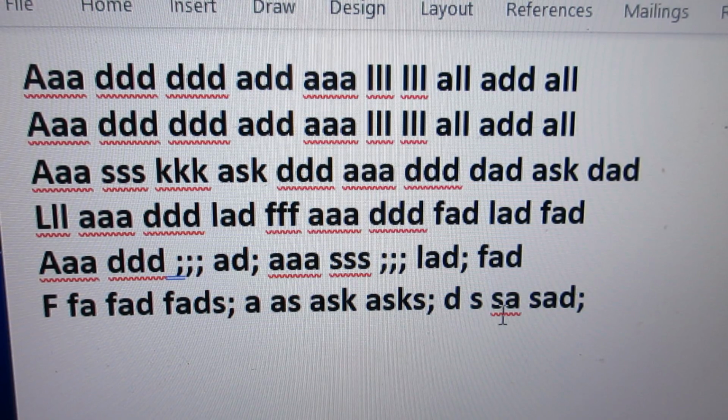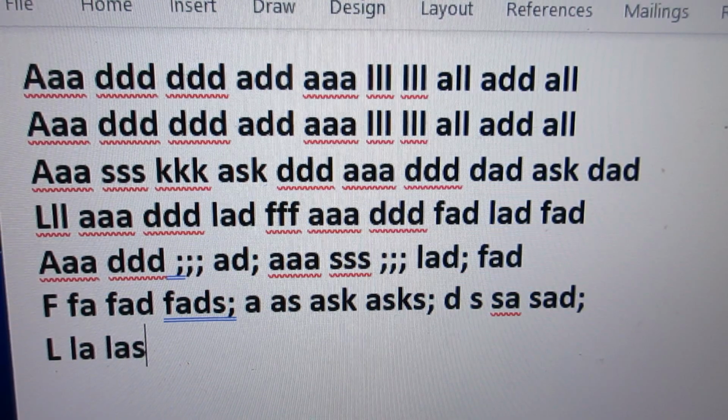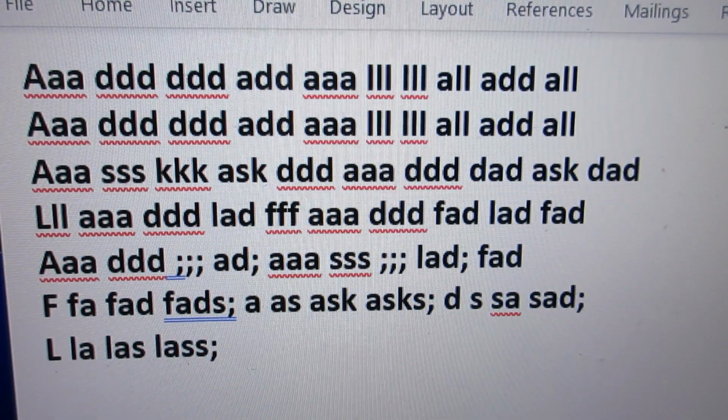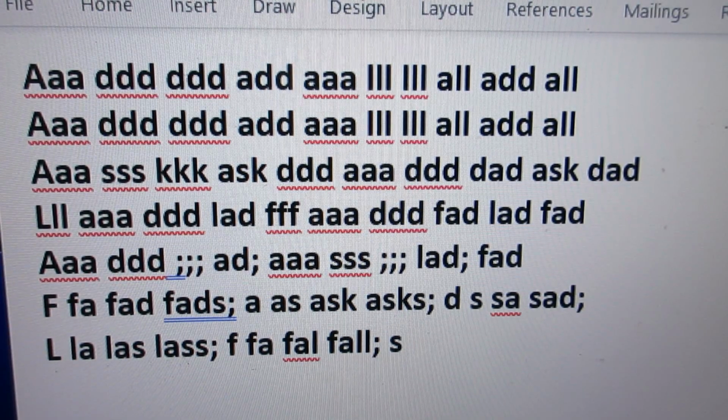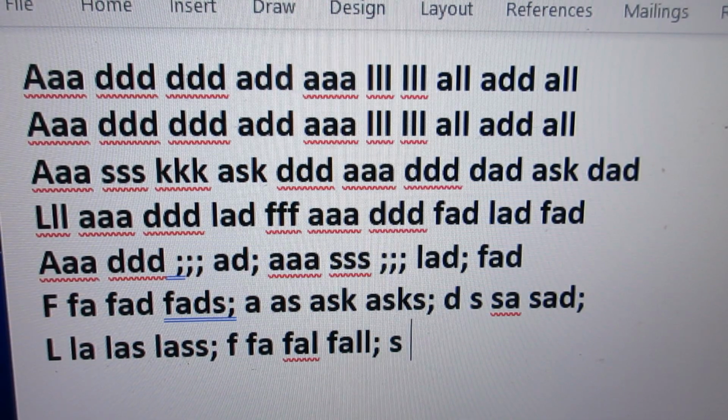Type that twice, enter key. Next is L A semicolon, L S semicolon, F F A S, sad, enter key. Type that twice,